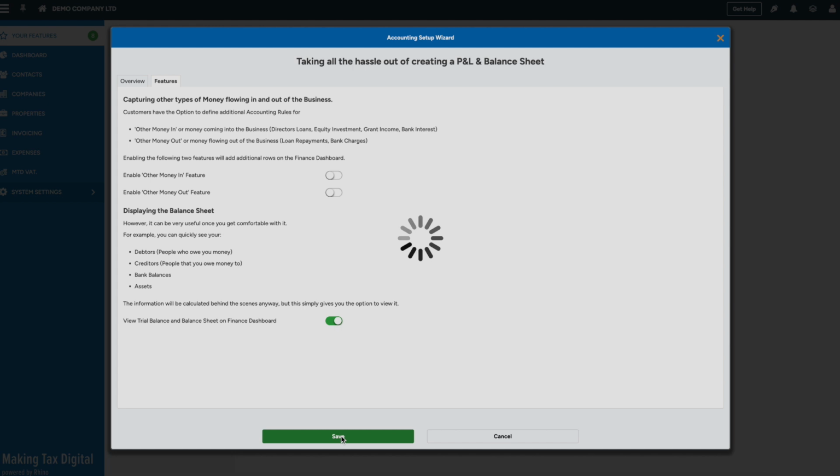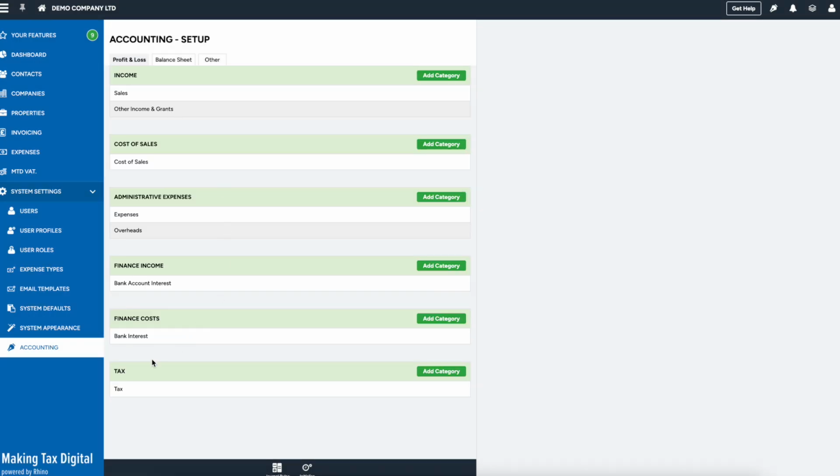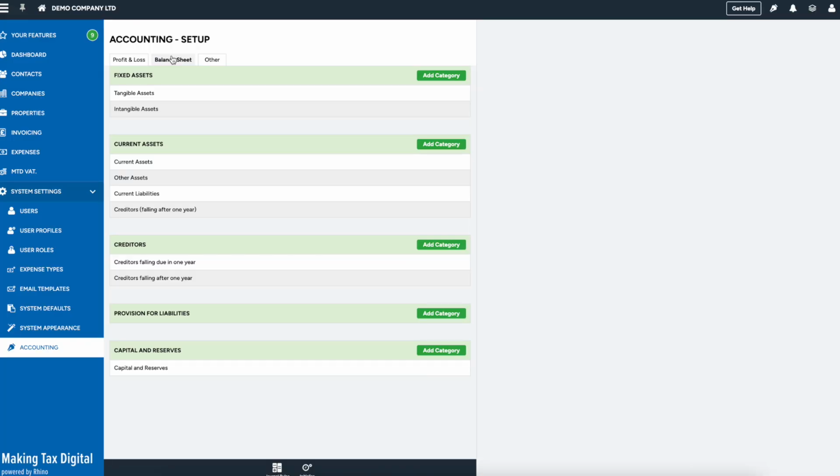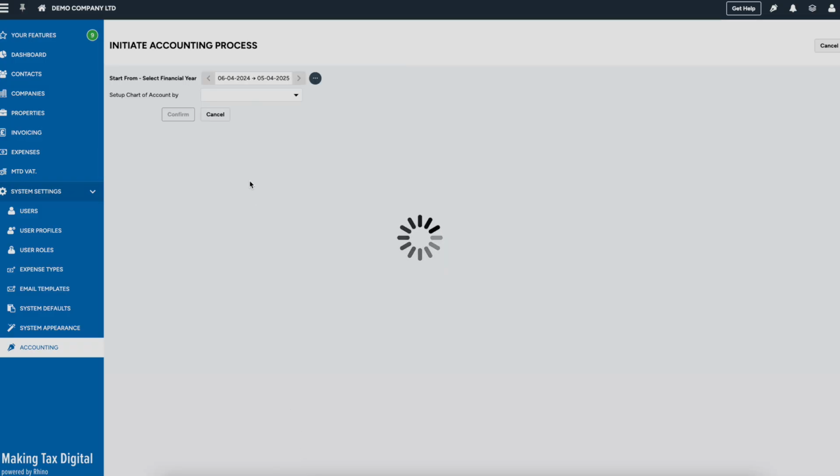Click Save. When we come back to the screen, not a lot has changed. We've still got the simple P&L, and that's because we have to initialize the new accounting feature. To do that, we click on the system settings and we go down to accounting. This is like the shell of the P&L and the balance sheet. So to initialize it, we have to click on the initialize button at the bottom, and we have a number